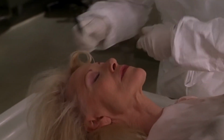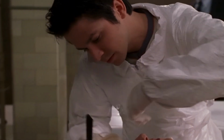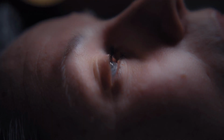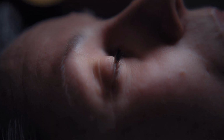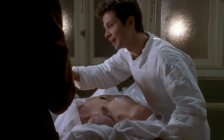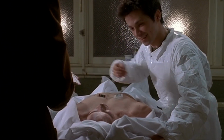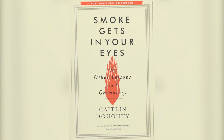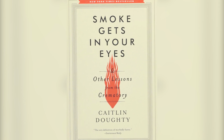Setting the features has to be done before the actual embalming procedure, which stiffens up the skin and muscles, making it more difficult to alter them. It all begins with closing the eyes and packing the mouth with cotton to ensure a natural look. I can make him look like that again. Well, almost. In her book, Smoke Gets in Your Eyes, mortician and author Caitlin Doughty explains that the deceased's ears,